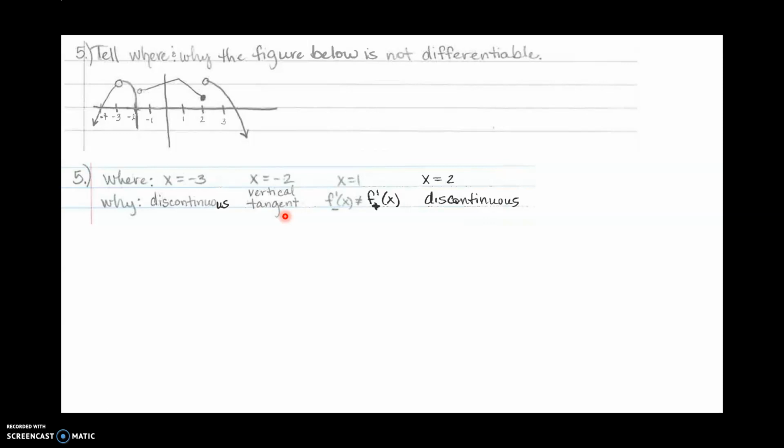So that means that a tangent line there would be undefined, and the slope of the tangent would be undefined, and slope of the tangent is derivative, so derivative is undefined there. Then at a corner or a kink, the derivative from the left does not equal the derivative from the right. The slope from the left would be positive, the slope from the right would be negative. So derivative from the left does not equal derivative from the right. And then over here at 2, our limit from the left was down here and our